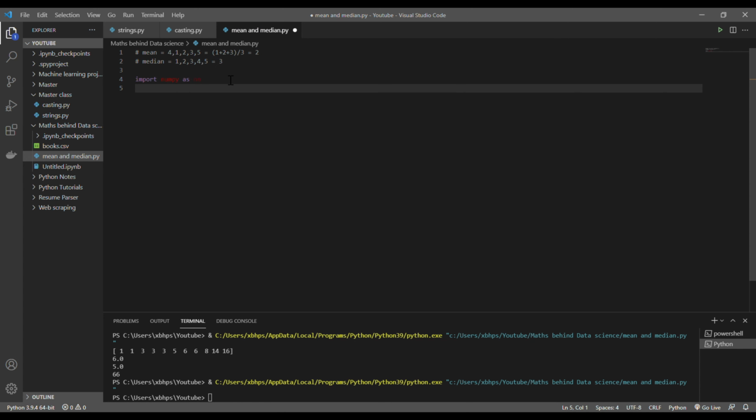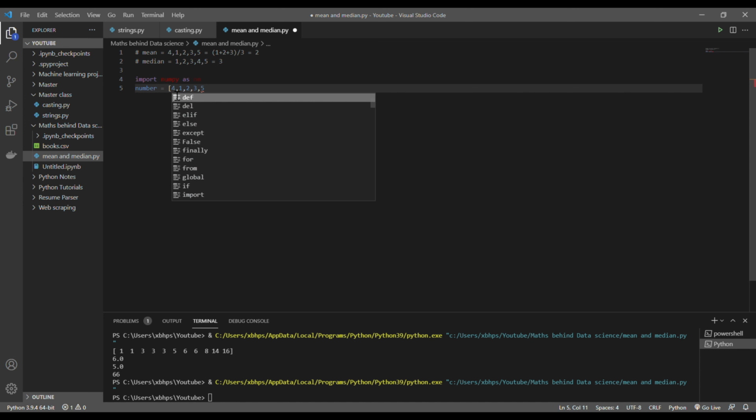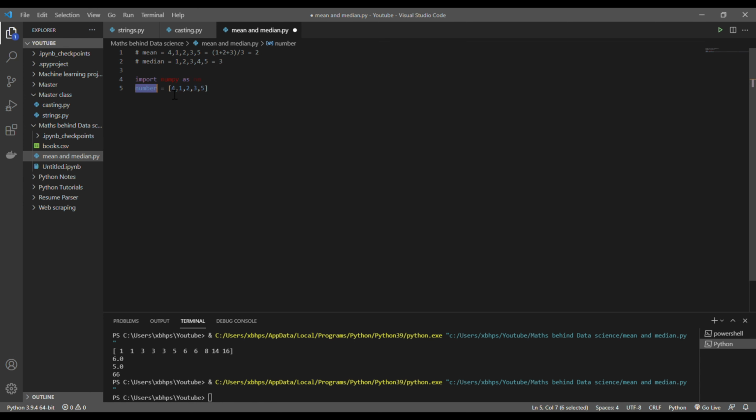I'll take this example only. I'll create this as a variable, let me change this to numbers, and I'll make this a list. So I have a list of numbers